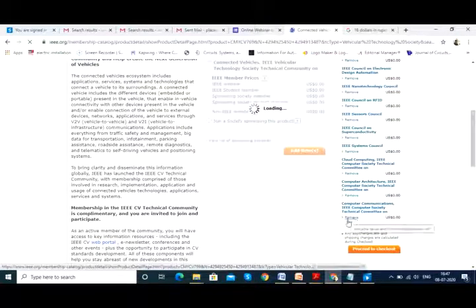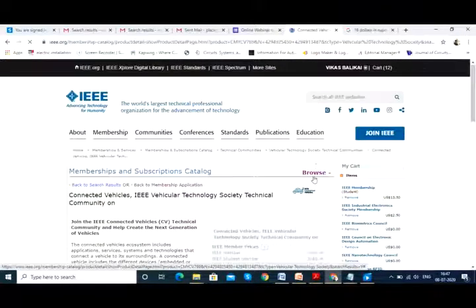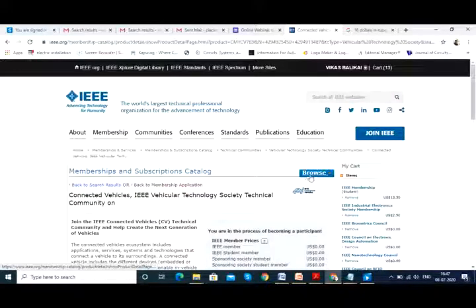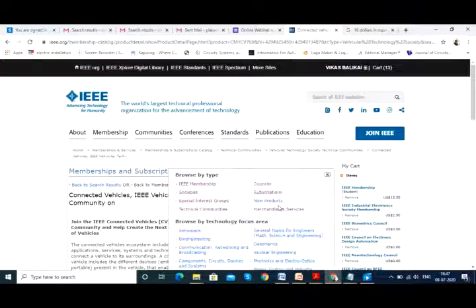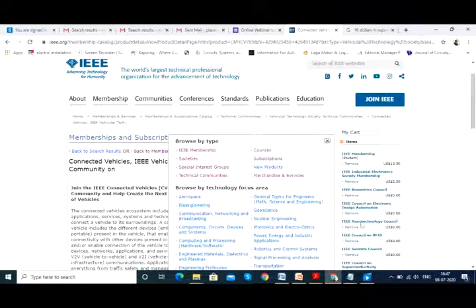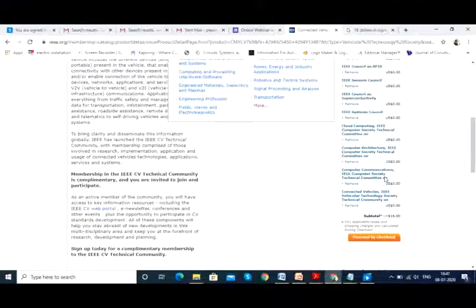So basically try to add as many communities as you can if you browse through over here. In fact I suggest you take some time, quality time, and add all the communities that come under technical communities free of cost. Councils, anyhow we have added the Biometric Council, Electronic Design Automation Council, Nanotechnology Council, all these are free. We added technical communities. We are adding now society. We have already added Industrial Electronics Society for $2.5. Membership is for $13.5. So try to add these things.